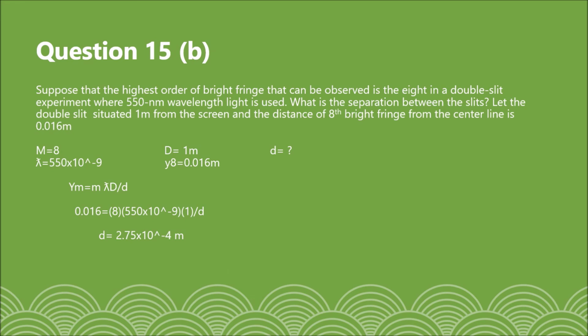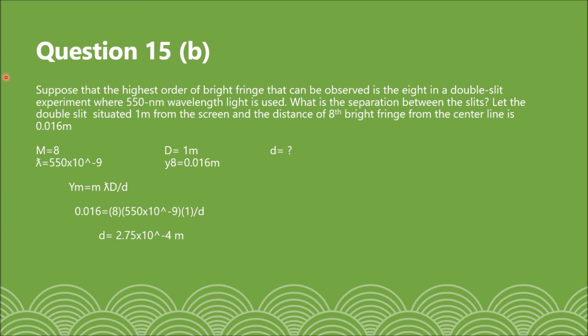For question 15b, suppose that the highest order of bright fringe that can be observed is the 8th in a double slit experiment where 550 nanometer wavelength light is used. What is the separation between the slits? Let the double slit be situated 1 meter from the screen and the distance of the 8th bright fringe from the center line is